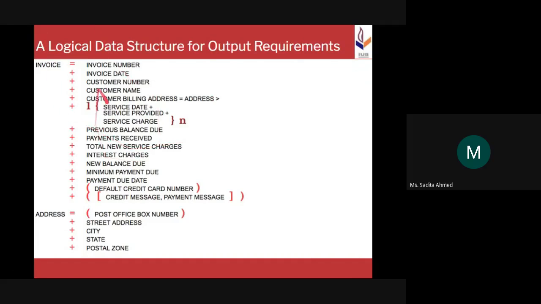The data structure to figure out করার পরে আমরা কি করব, physical requirements, physical output requirements, that is invoice number, date, কোত্থেকে পাবো, কিভাবে ফেচ করব, কাস্টমার নাম্বার, নেম, কাস্টমার বিলিং অ্যাড্রেস কোত্থেকে পাবো, কিভাবে ফেচ করব, previous balance due, how do we calculate that, where do we get it from, payments received and so on, সবগুলো হচ্ছে কি ফিগার আউট করা যে কিভাবে জেনারেট করব। ইন্টারেস্ট চার্জেস কি কোনো টেবিলে আছে নাকি আমার জেনারেট করতে হবে। নিউ ব্যালেন্স ডিউ, ইজ ইট দেয়ার ইন এনি টেবল অর ডু আই হ্যাভ টু ক্যালকুলেট ইট এন্ড দেন জেনারেট, হাউ ডু আই ডু